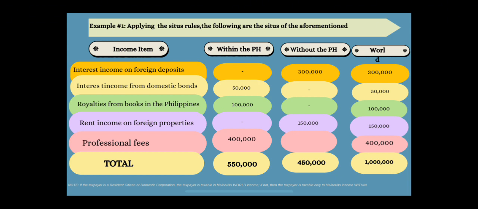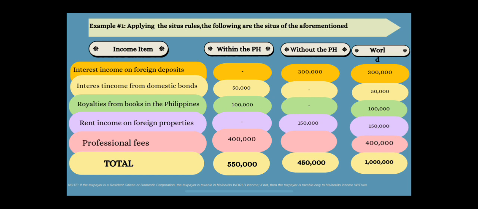Ensuring proper tax compliance involves understanding these tax obligations and, when necessary, seeking advice from a tax professional to navigate any complexities related to international and domestic tax laws. That's why it belongs within the Philippines is 50,000 and the world income is 50,000 also